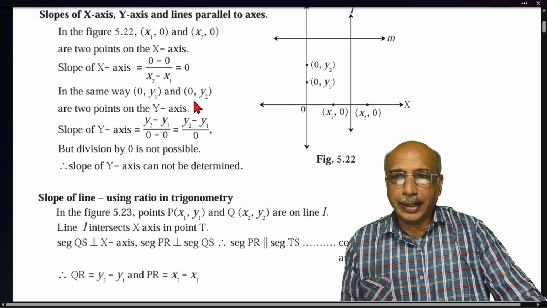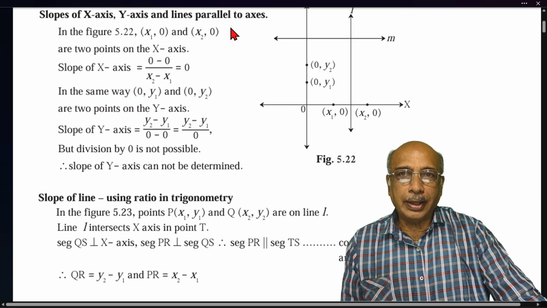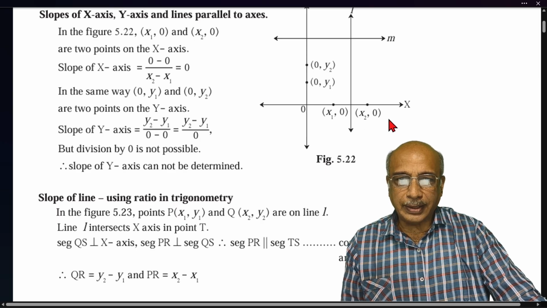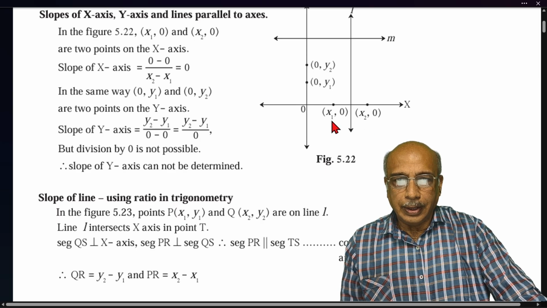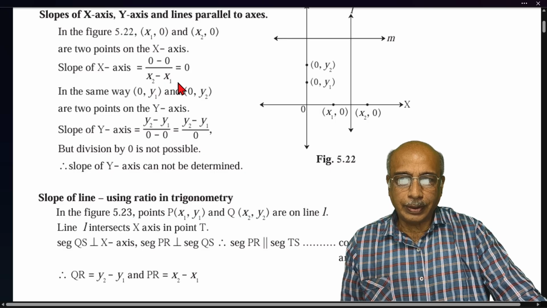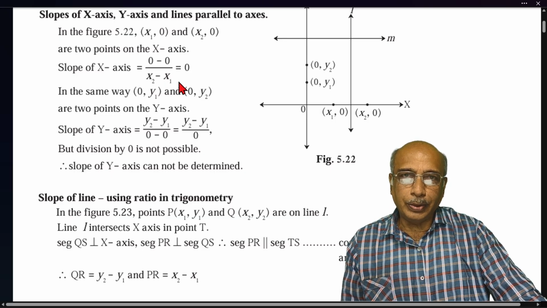Slope of x-axis, y-axis and lines parallel to axis. Here you see, for the x-axis, the y coordinate is 0 only, so it will be 0 minus 0 upon x2 minus x1. 0 divided by any number, you know, is 0. So slope of line